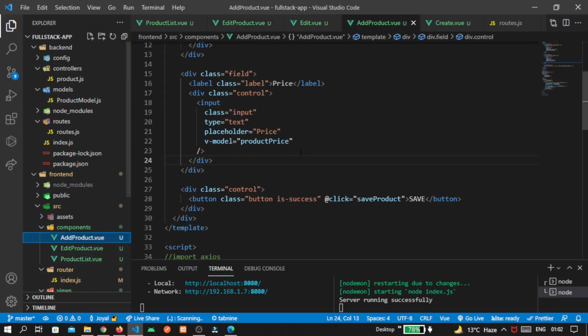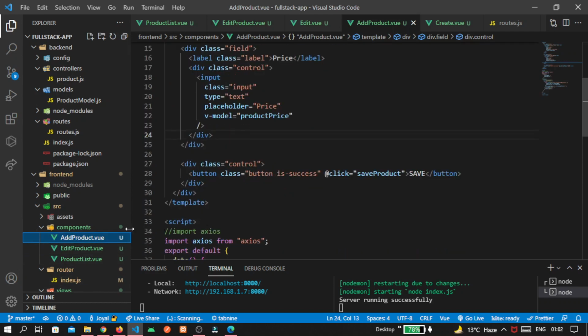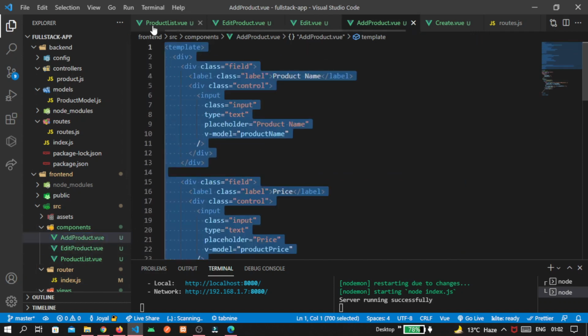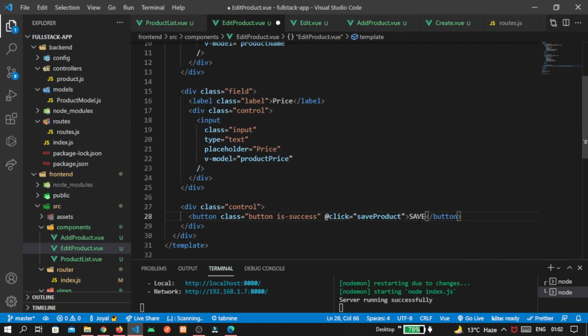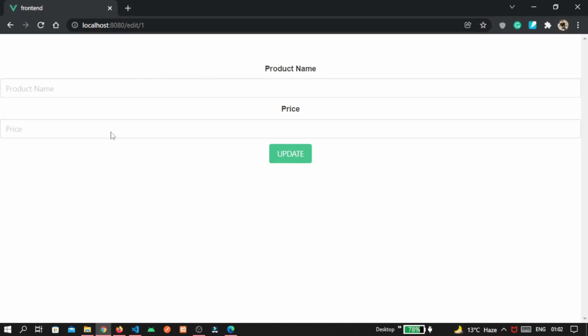Instead of this hi, let's copy the template of AddProduct because that is very similar. Now instead of save, I am writing here update, and there is no function named saveProduct here yet. So now save the file. You are getting two inputs, product name and product price, but before updating I want to print the default product name and product price, that is here,